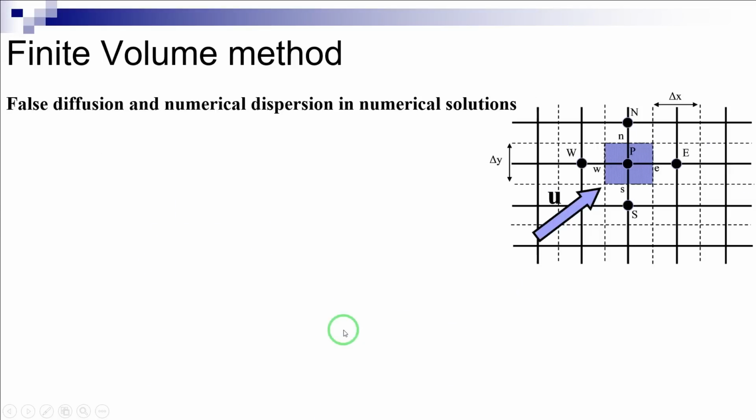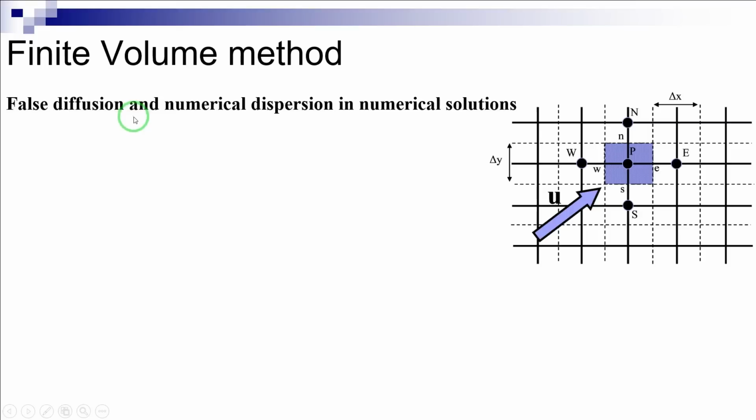False diffusion and numerical dispersion in numerical solutions. This section examines in detail the behavior of the central differencing and Upwind schemes, which are the basis of other advanced methods. One of the main disadvantages of the Upwind method, which has a first order of accuracy, is its